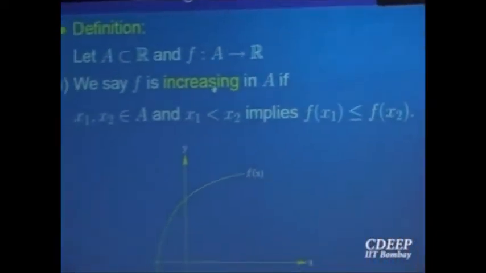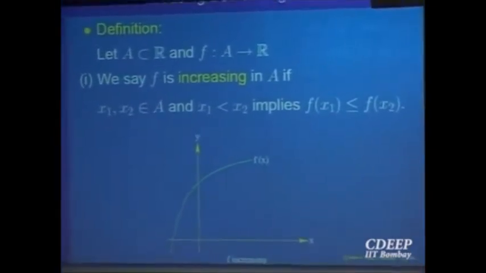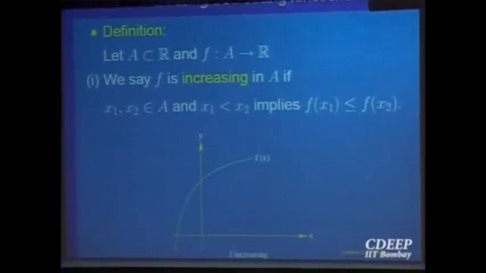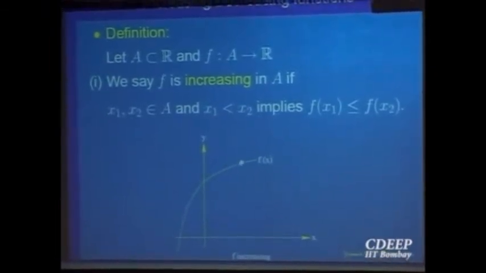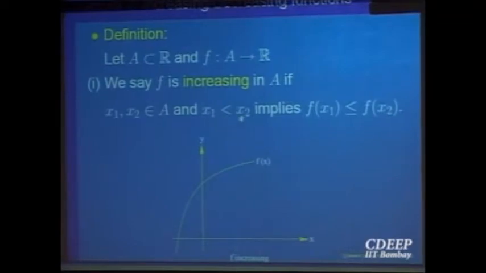So our definition is obvious. The word increasing should indicate that as you move on the x-axis from left to right, your function goes on increasing, it is rising. Okay, so this is what it looks like. So analytically, if x1 is less than x2, then f of x1 is less than or equal to f of x2. So be careful, I am writing increasing means f of x1 is less than or equal to f of x2. If this is strictly less, then we will say our function is strictly increasing. We will specify it. If you don't specify, then it is less than or equal to.